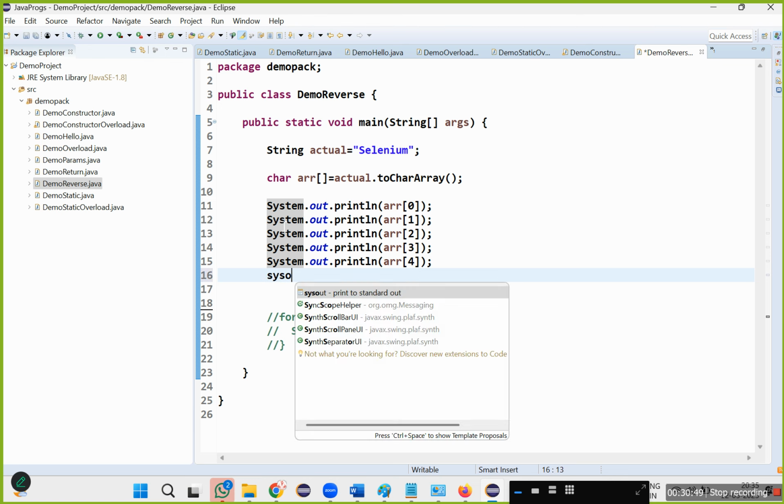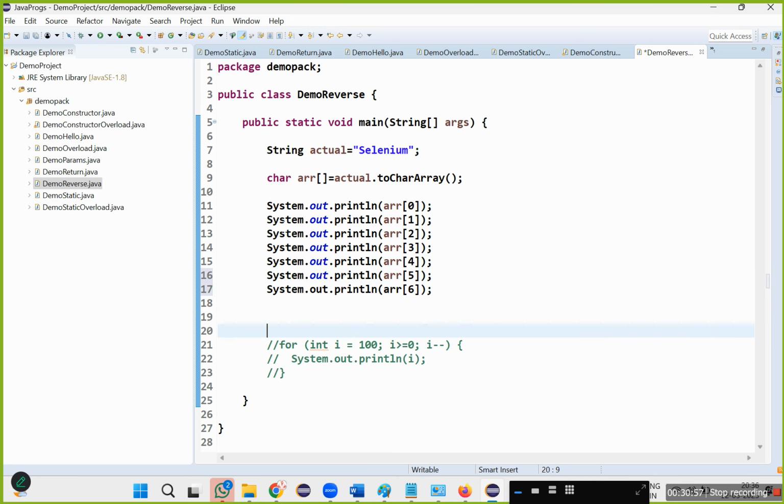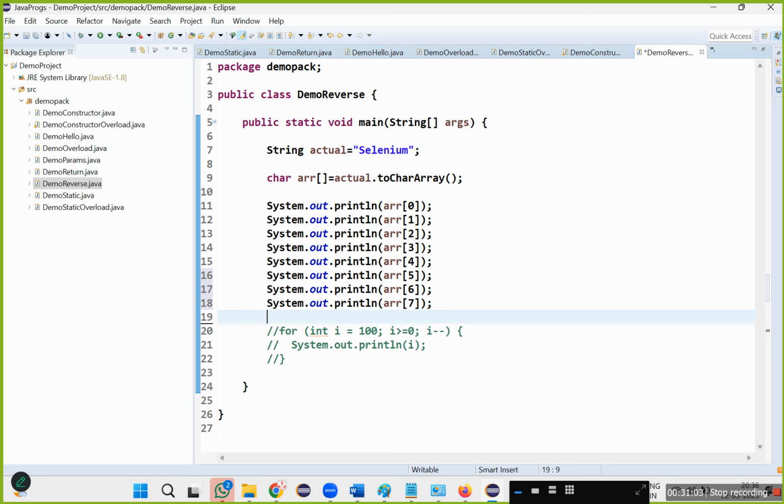If you want to prove, System.out.println arr of 5, arr of 6, arr of 7. Now if I run this,